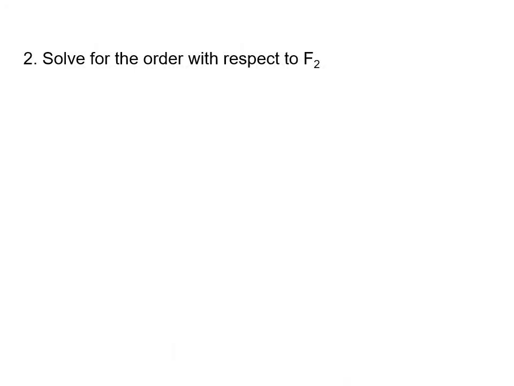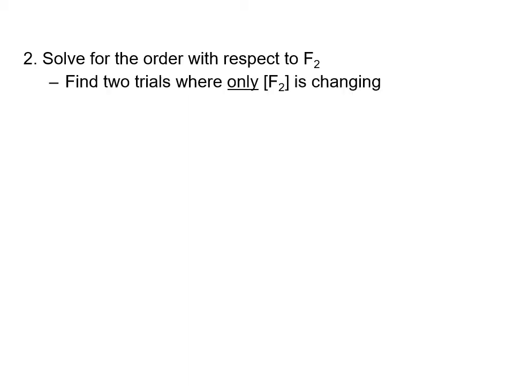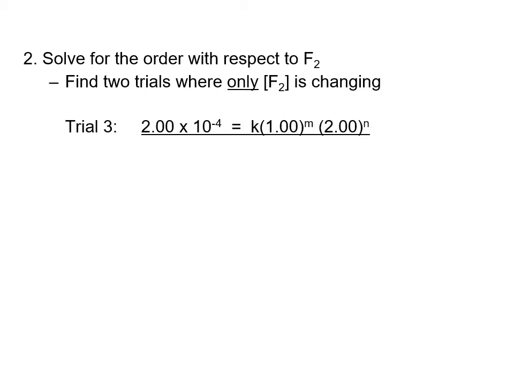We can do the same thing for F2. Pick 2 trials in which F2 is changing, but NO2 is not, the concentrations of them. So if we look at trial 3 and trial 1, again, we're going to be able to cancel out the effect of NO2's change on the rate because they both started with an initial concentration of 1 mole per liter. The k's are going to cancel out as well,